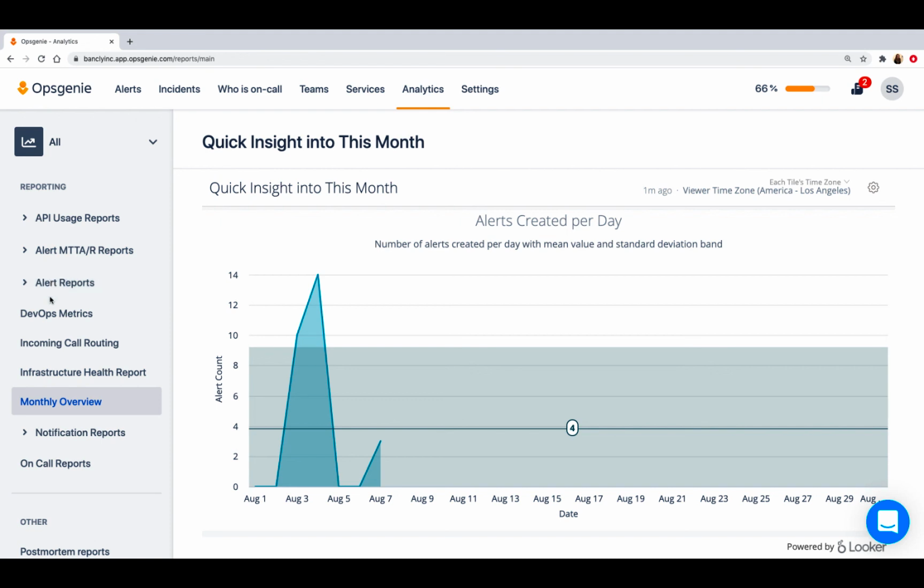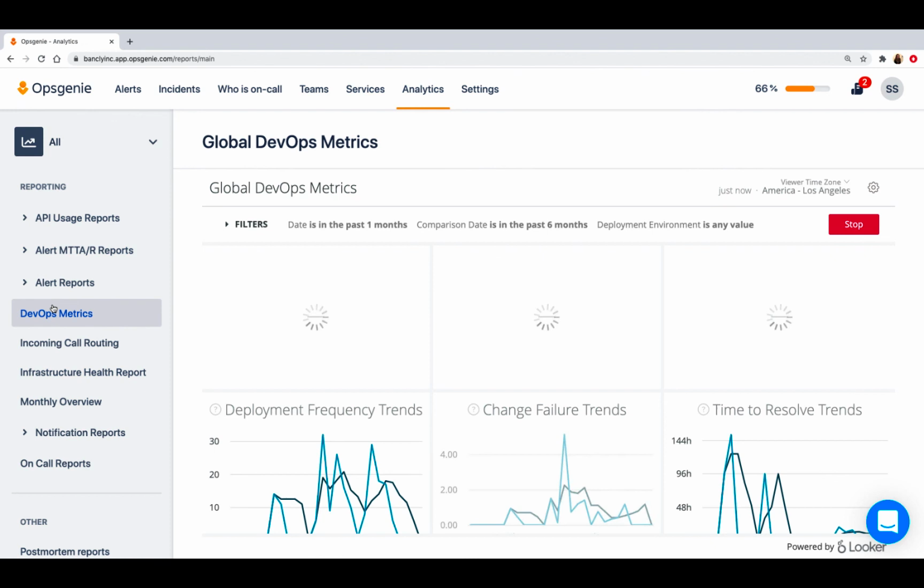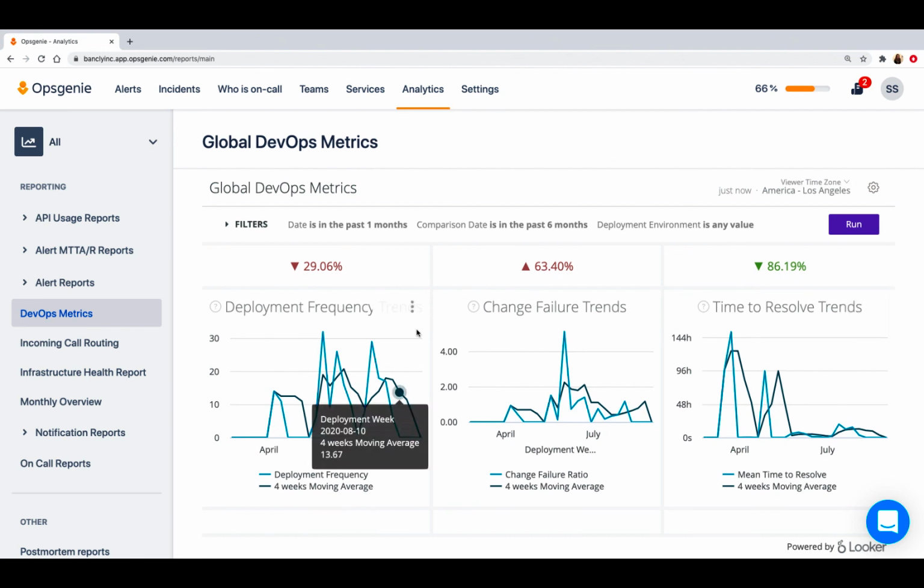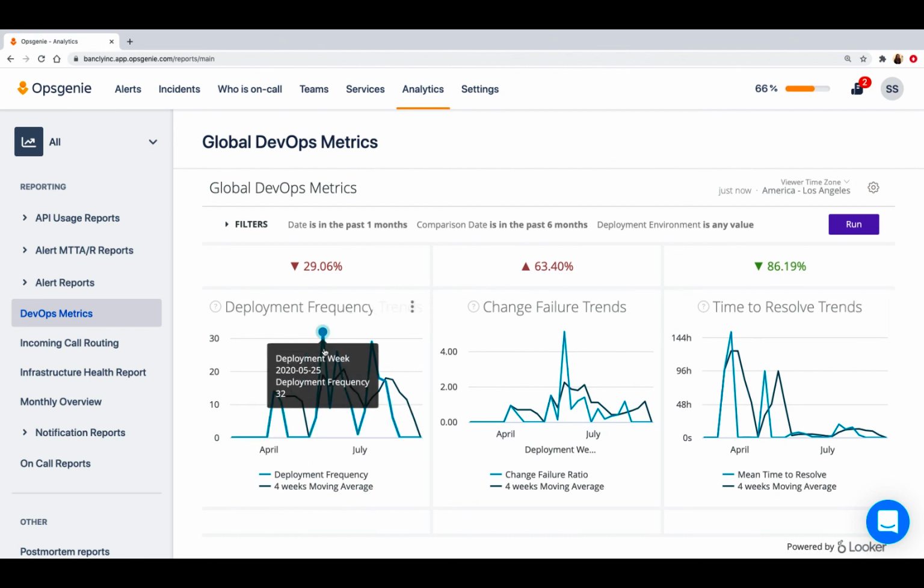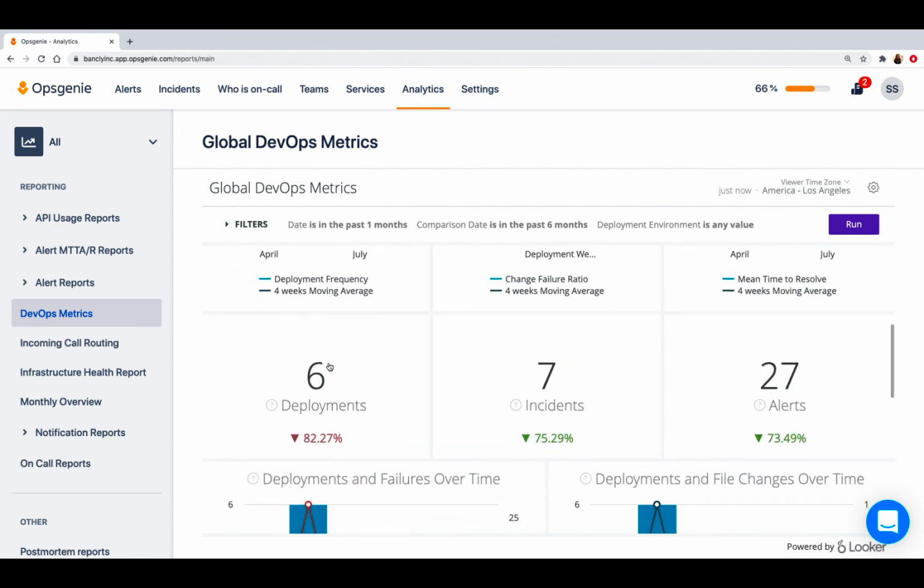But I want to take you through the DevOps metrics report. So this is related to that information I showed you earlier in the incident investigation view. So these are global DevOps metrics for the entire account. So this shows our deployment frequency, our change failure ratio, and our mean time to resolve incidents. And then you've got the deployment frequency trends, change failure trends, time to resolve trends,